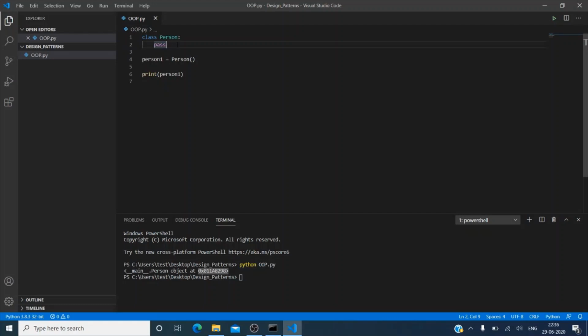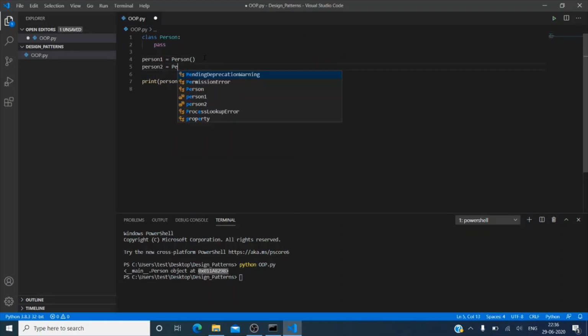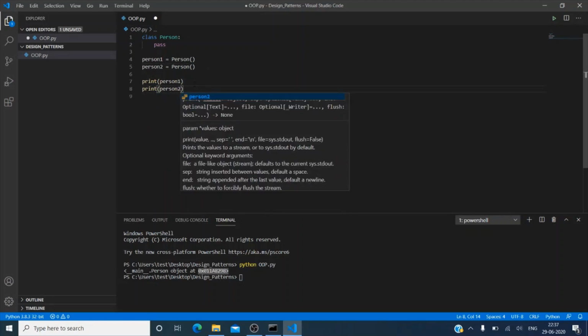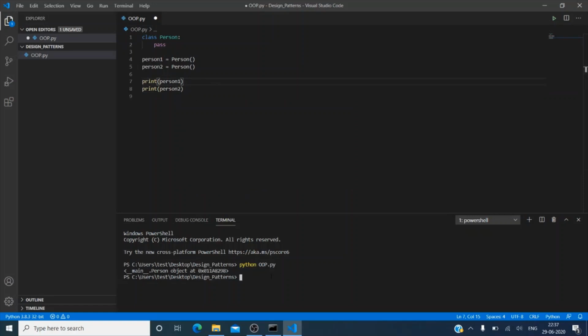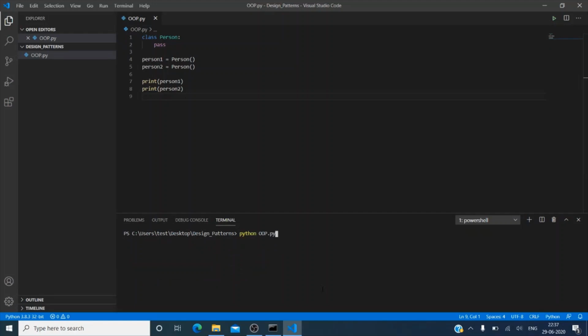Suppose I create one more object of person type, say person2, and print person2. Let me save it. You'll see two different addresses for person1 and person2. That means two different memory locations.